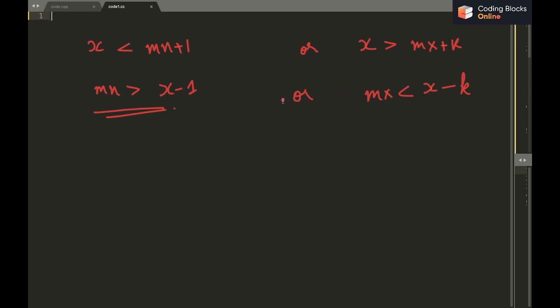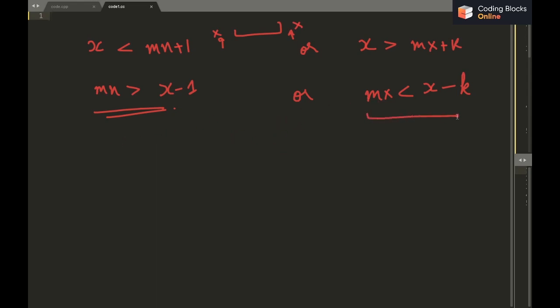Note that there are not going to be any repetitions. We'll not be counting any pair twice because those were disjoint. In these cases, the x value is towards the left of the range, and in these cases, the x value is towards the right of the range. So there is not going to be any repetition, there is not going to be overlapping of cases. We can simply add the number of cases in both cases.